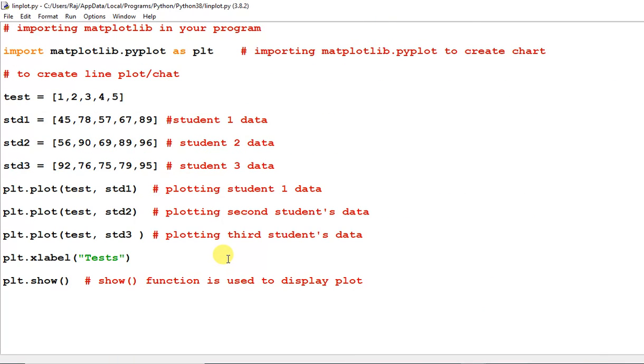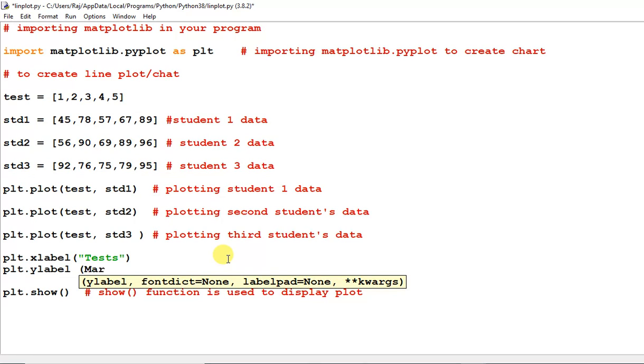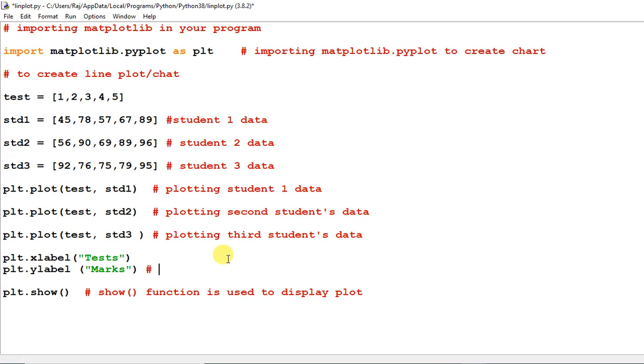plt.ylabel, and then "marks". So type marks. This sets the label of the y-axis, and this sets the label of the x-axis.